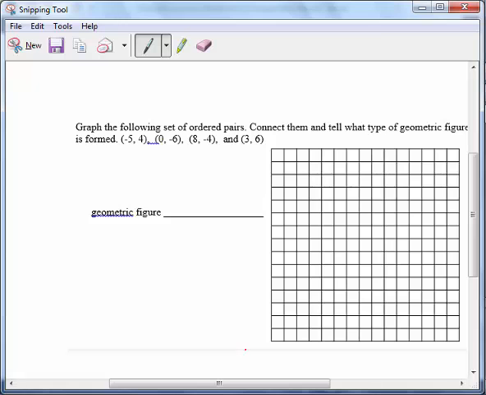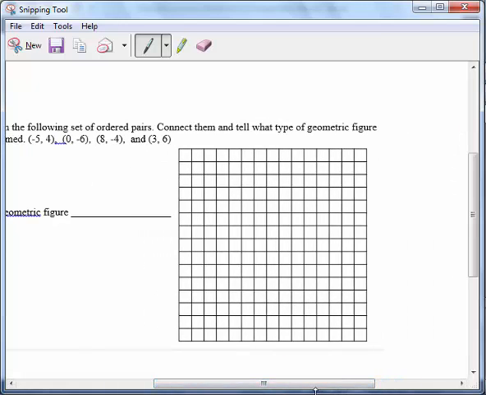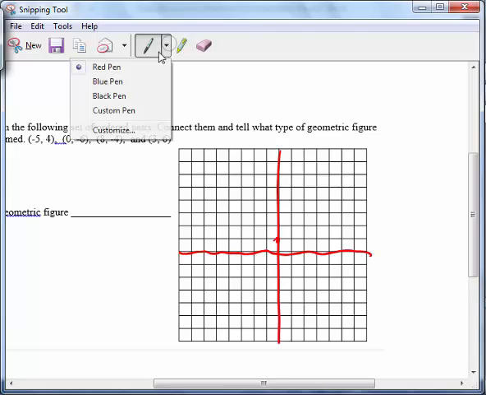Next one, we have to graph those points, so I'm going to make the origin right in the middle. So here's the origin, let's say, right here. So this is the y-axis, here is the, tell you what, let's make it here instead. That looks closer to the center. And then we graph our points: over back 5, up 4, over 0, down 6,